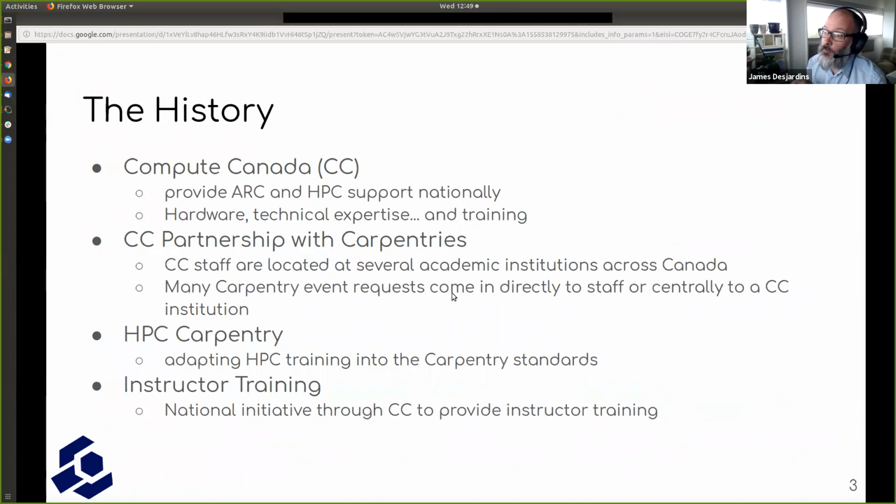And back whenever this organization was coming together in large groups to coordinate the different efforts across the country, it was clear that the Carpentries was an established model that could scale to the level that something like a Compute Canada Federation would have to provide in order to get more code literacy among all of the research groups that would eventually need high performance computing resources or advanced research computing resources.